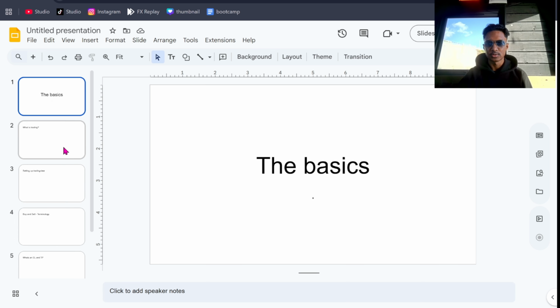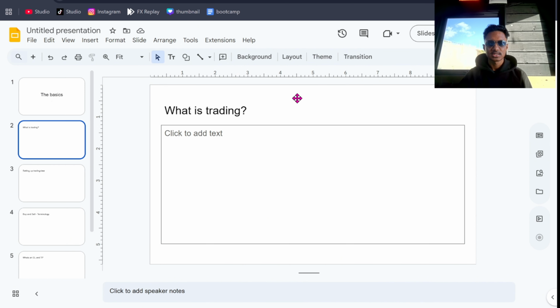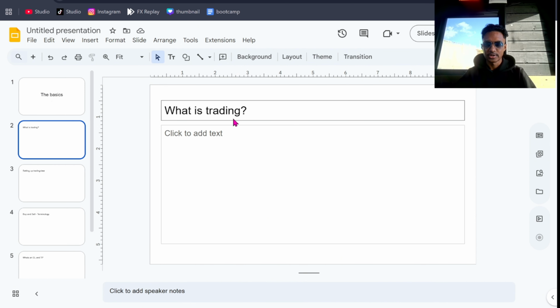So I just did a few little slides just so you guys can see some examples and some photos later, but we'll get into that. So the first thing is, what actually is trading? Trading is essentially, imagine this: you start off in the UK, you have 200 Great British pounds, okay, so then